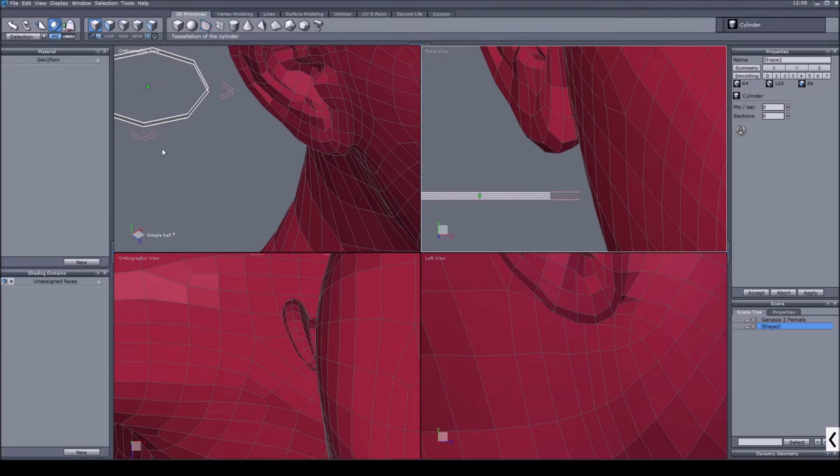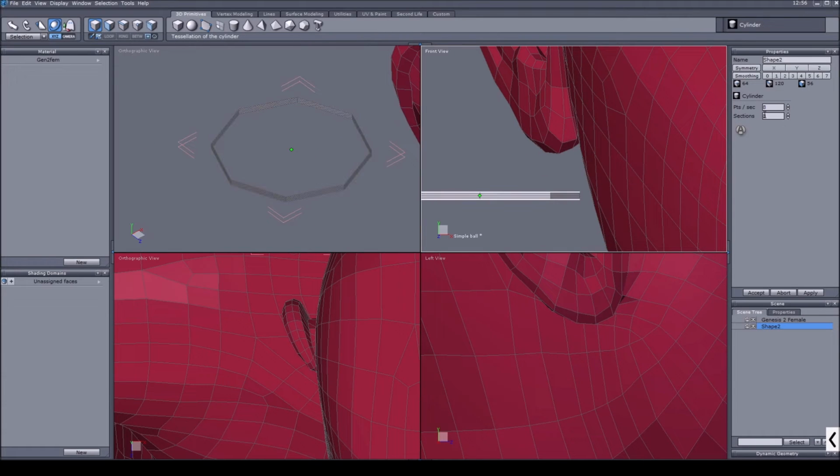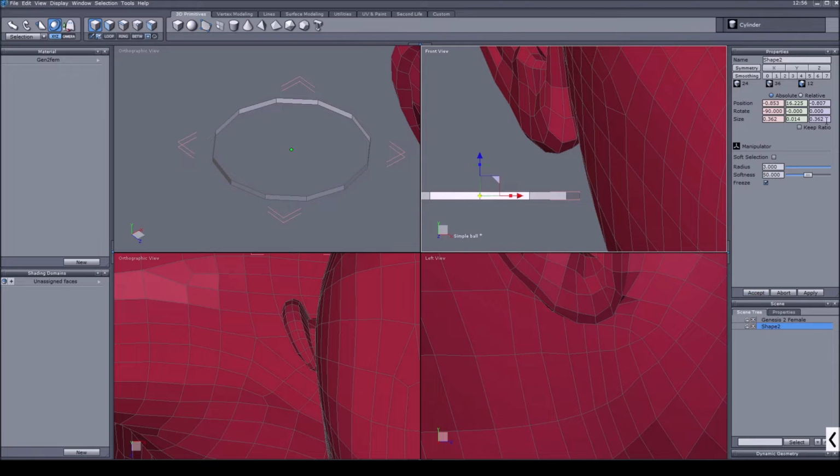So I have my cylinder here, and I'm going to set it to 2 sections, so it's basically just one thin ring. We set the points to 12 in this case because I want to fiddle with it a bit. Now we have size, and we're going to set the thickness to 0.02 of whatever units we are working in. And now when we